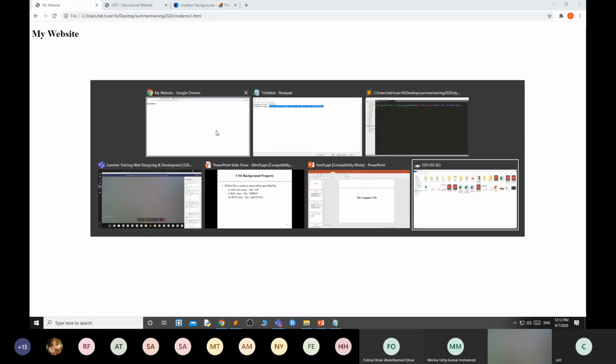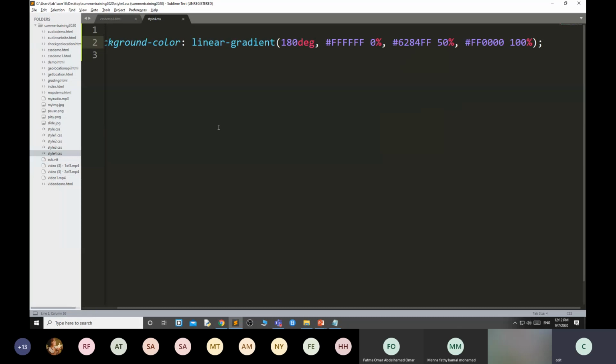What happened? Okay, this is on a background color, linear gradient. At the bottom I use RGBA instead of this.